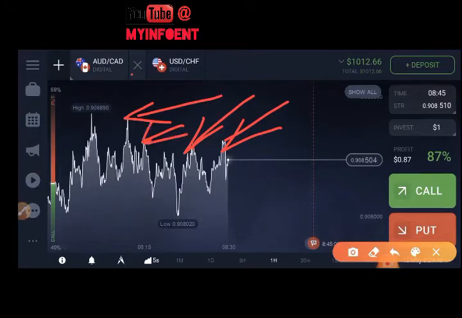This is sharp resistance. This one is a sharp resistance. So it makes sharp resistance. It doesn't take time before it retraces back. So at this point, if you see a chart that is like this and the